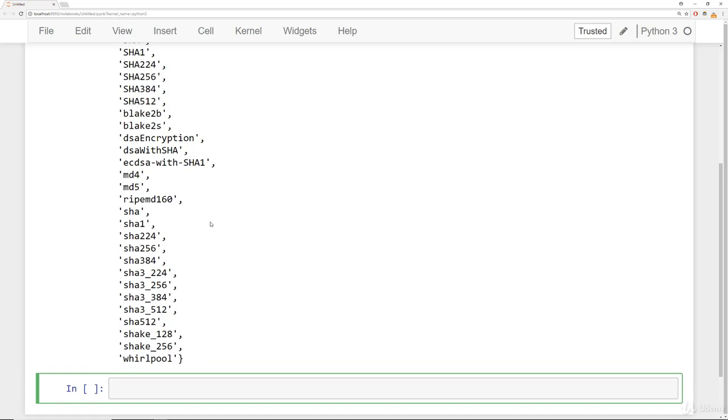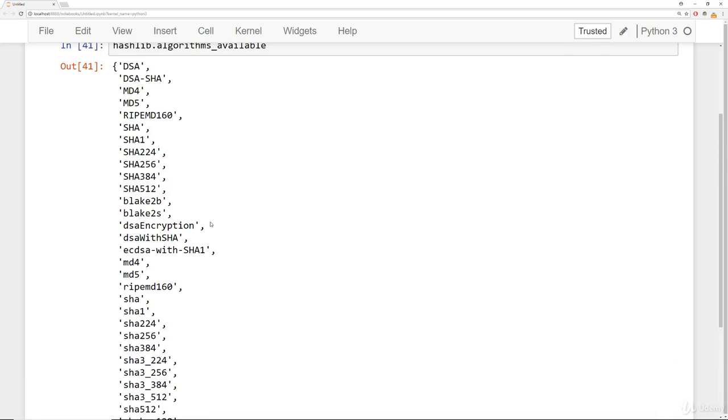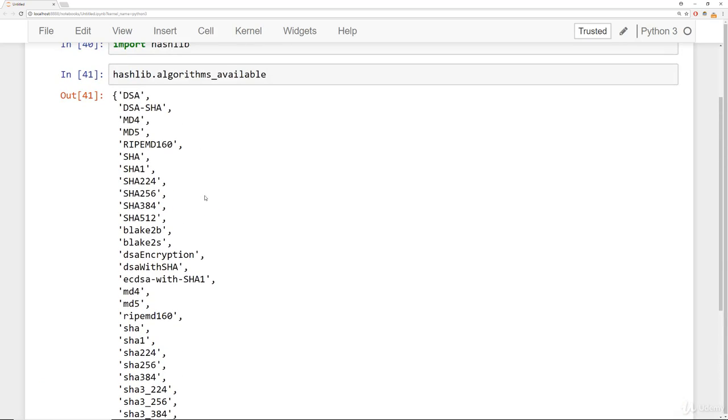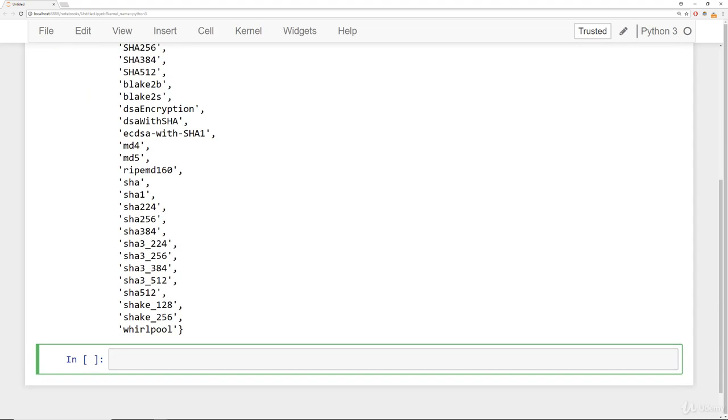Keep in mind, some of these are not recommended to be used, such as MD4, MD5, and others. Others are more cutting edge, maybe some of the Blake or SHA3 algorithms. Those are a little more modern than some of the other algorithms you'll see in this list. Again, here you have a lot of options to choose from, and you can even download more options if you want from the internet. For our case, we're going to use SHA3 256-bit, so the second number stands for the